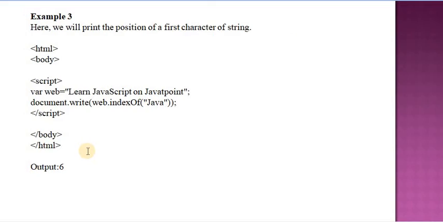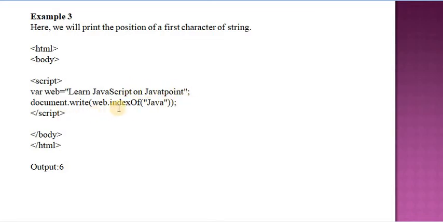Next is a third example. Here we will print the position of the first character of a string. Here in this example I am passing only the string, that is Java. In this example, web is a variable which assigns the string, that is learn JavaScript on JavaTpoint.